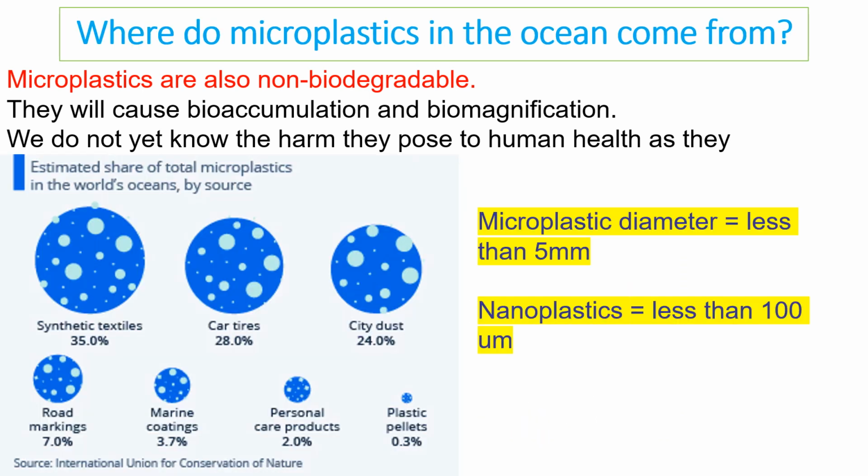So the microplastics that we found basically come from a couple of sources. If it's a microplastic, we say its diameter is less than 5 millimeters in width, whereas nanoplastics are less than 100 micrometers in width, so that's 0.1 millimeter. Now, these are the sources of those, so a lot of it comes from clothing articles like that, car tires, but even dust has microplastics in it. That settles on the ocean surface and sinks into the oceans.